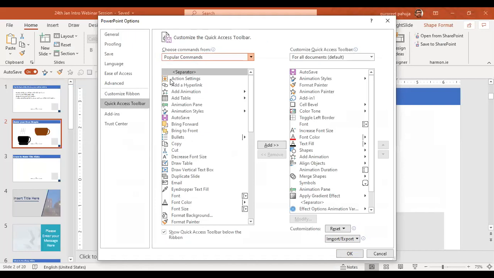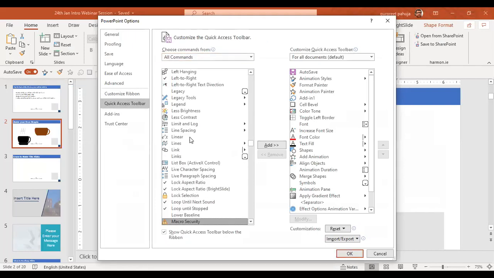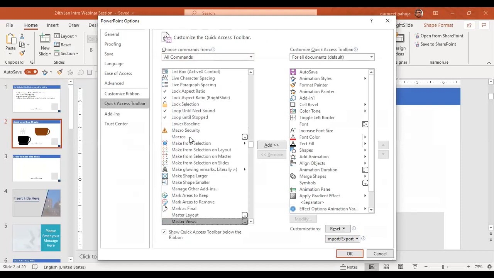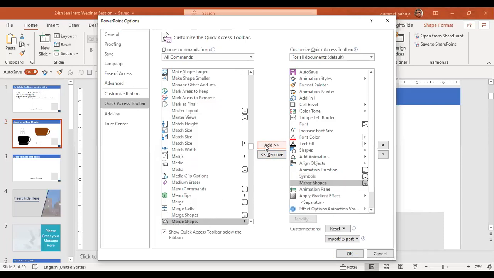There are a lot of commands which are hidden in PowerPoint. So if you go and click merge shapes, merge shape is already there here, so this will not add. First, I will remove this and then I will add this. And let me see, somebody has started. Okay, everybody is able to find it. I will hide this and you go okay.